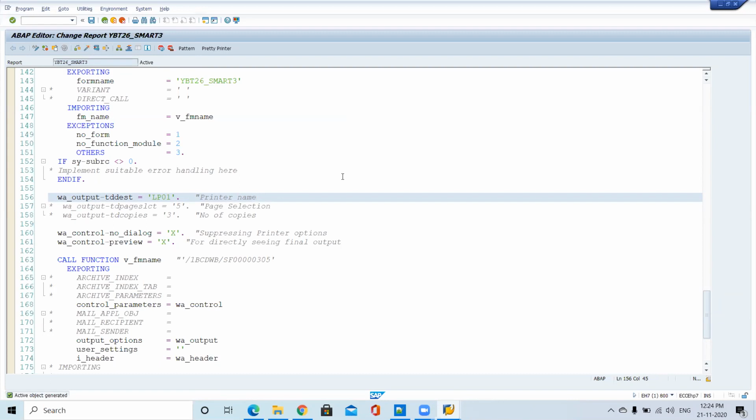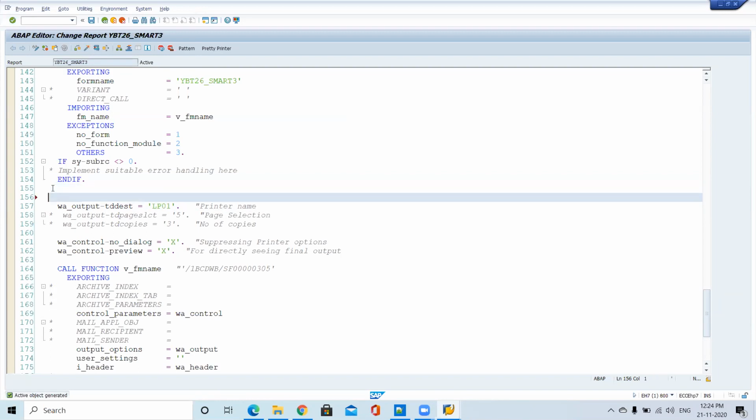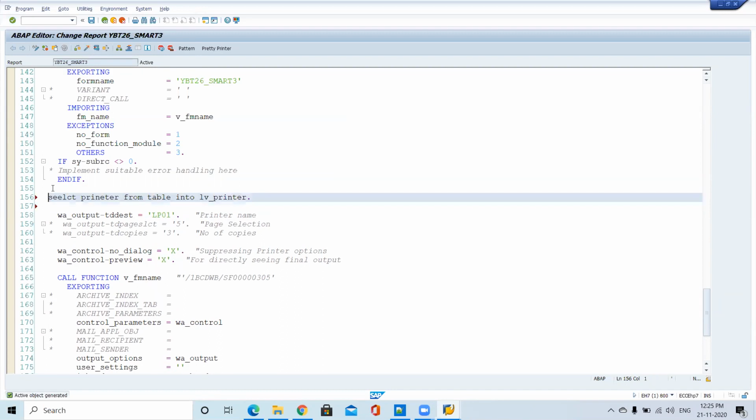From our point of view, we'll always write a query. That value is stored somewhere in the system, in a table. Instead of the G table, we'll write a select on that table: select printer from table into LV_printer. We'll check, as per the configuration at the transaction level, in which table it is stored.